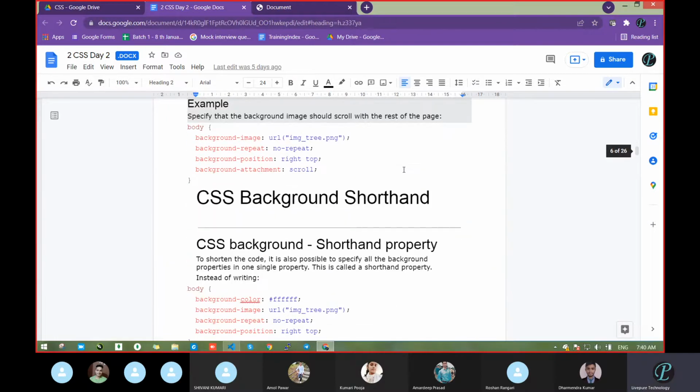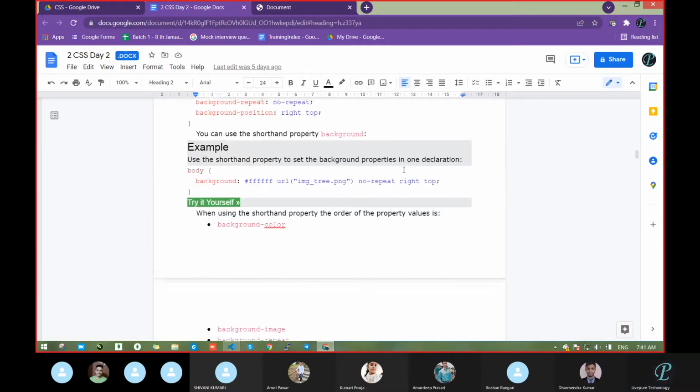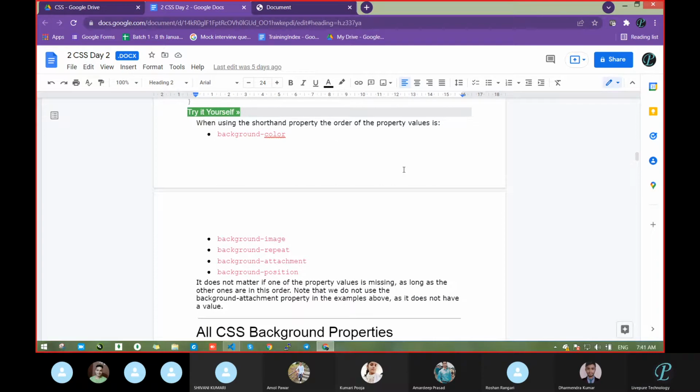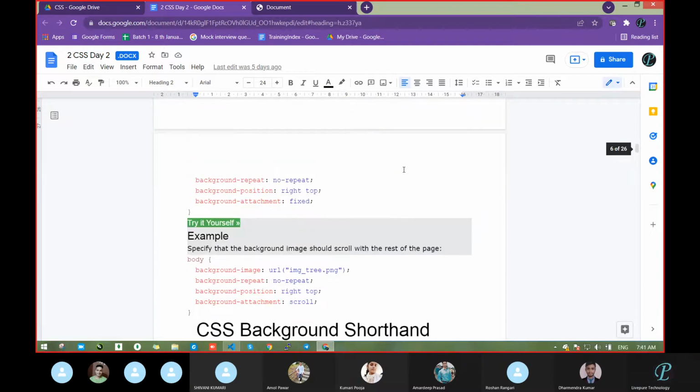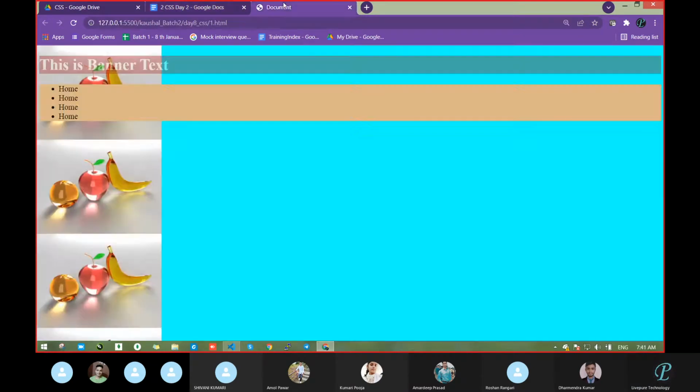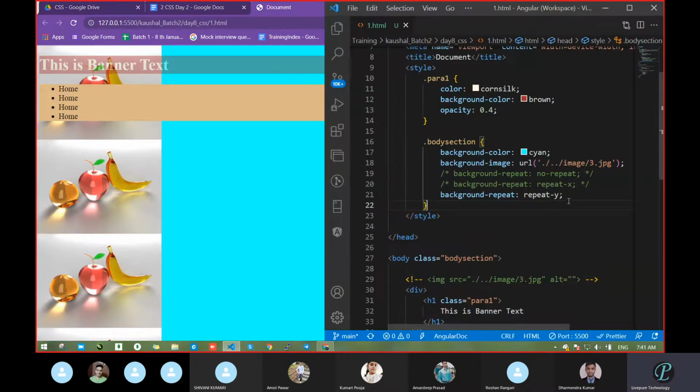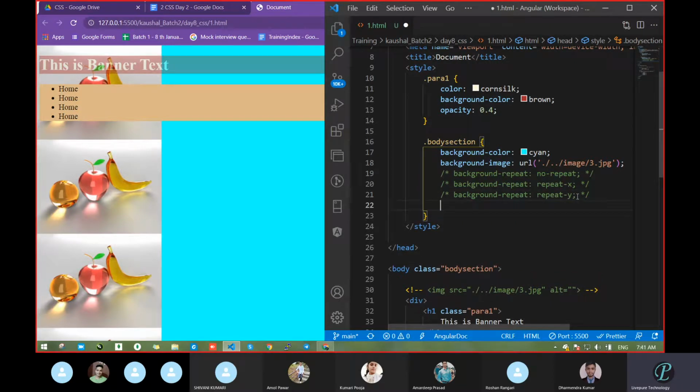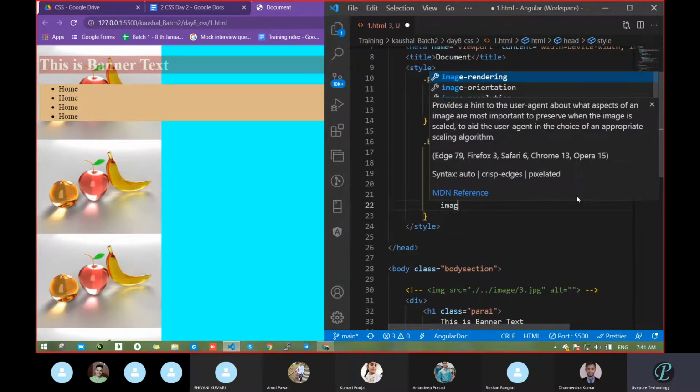Where is that attachment? Okay. But if we want the same image to be in full screen, what was the property? Amardeep, what was that property for an image?